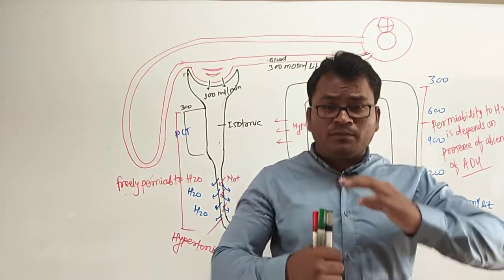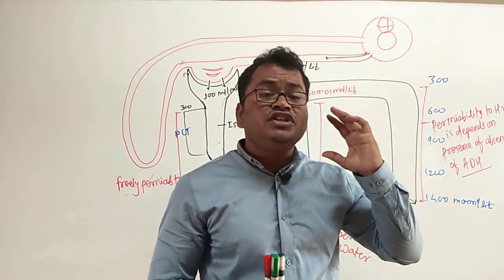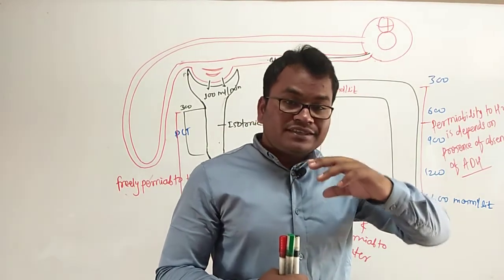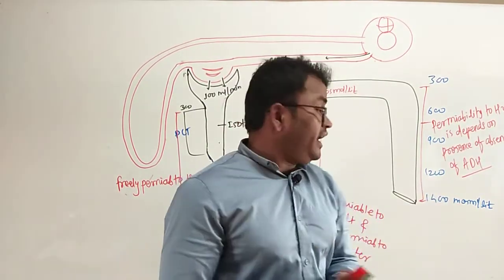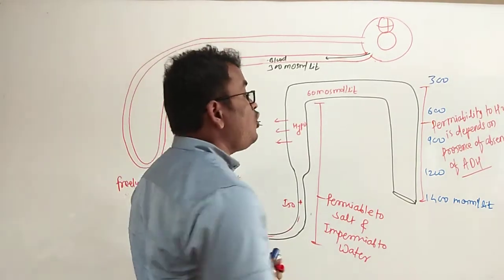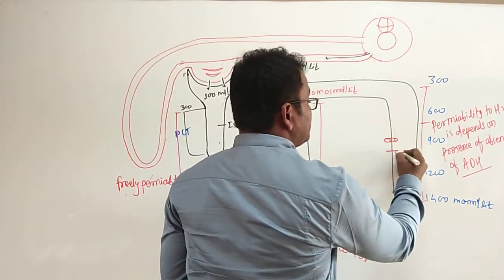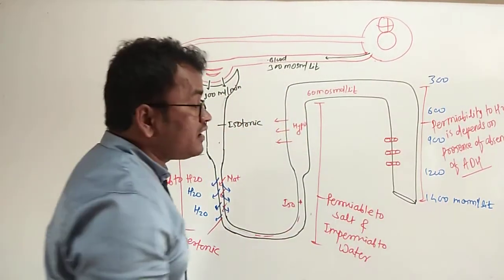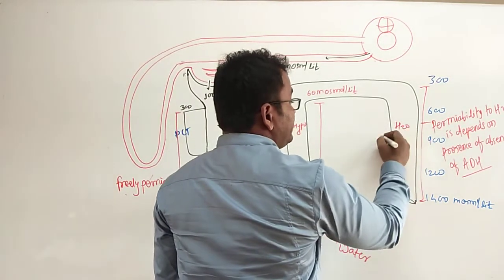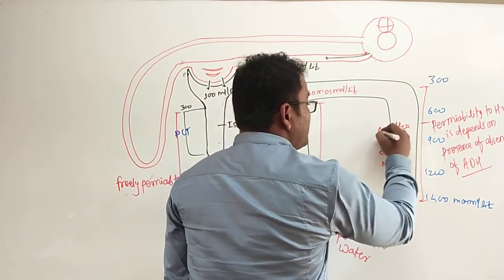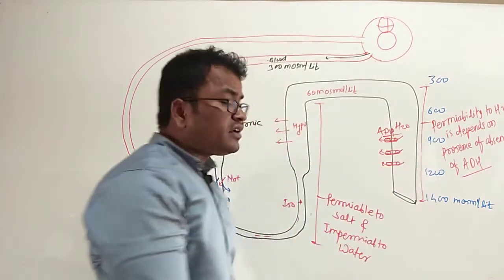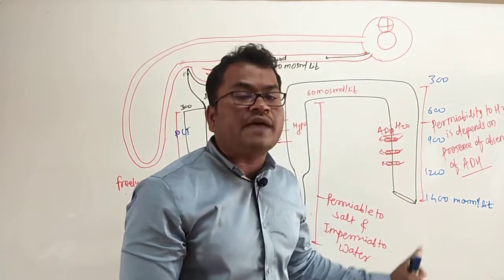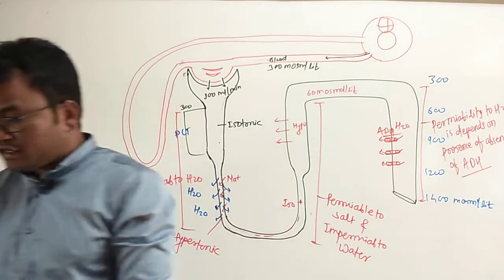If the osmolarity of the blood is increased, then these osmoreceptors are stimulated, and they secrete ADH into the blood, and this ADH will incorporate the water channels, or aquaporins, into the collecting duct, and water is reabsorbed here in the presence of ADH. If ADH is present, then water absorption occurs. Otherwise, if ADH is absent, then the water is not reabsorbed in the collecting duct or collecting tubules.